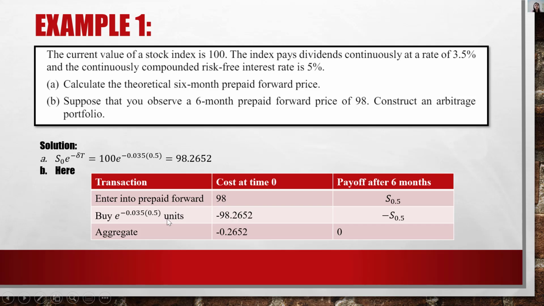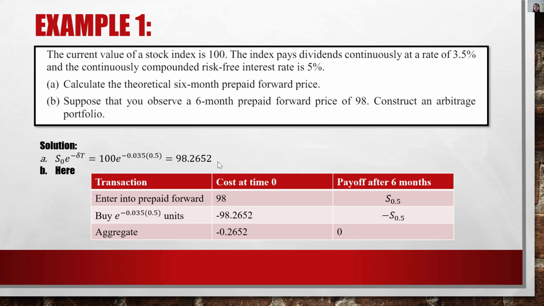We buy e to the negative delta t units. That means we buy e to the negative 0.035 times 0.5 units. And the cost of it is what we calculated in the first part, which is 98.2652. And then the payoff after 6 months is S0.5,